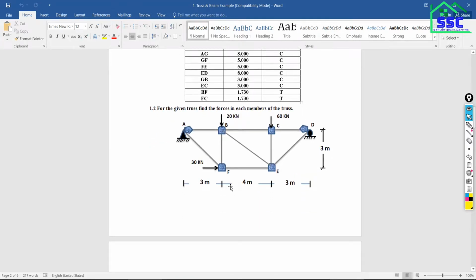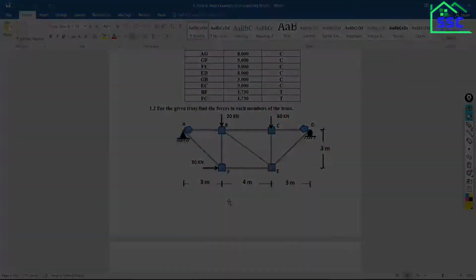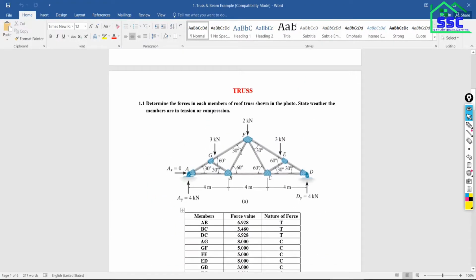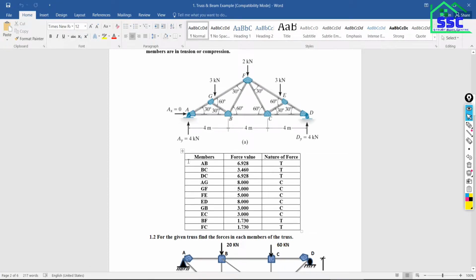Hello, we are not directly going to the project. I can take the project directly, but before that you should get familiar with the software. You all got it? The verification is also there. We have to model all these things and verify the results. These are all manual calculations and manual outputs, and we have to verify all these manual outputs with the software.